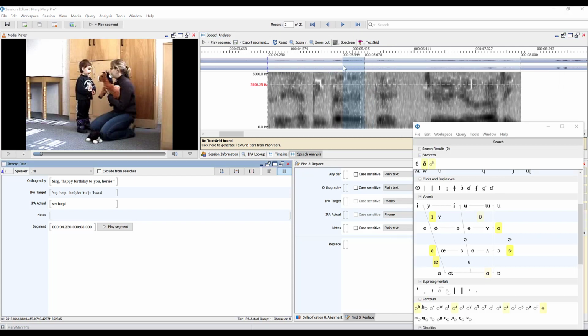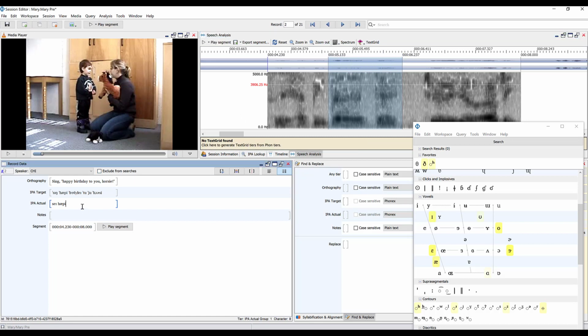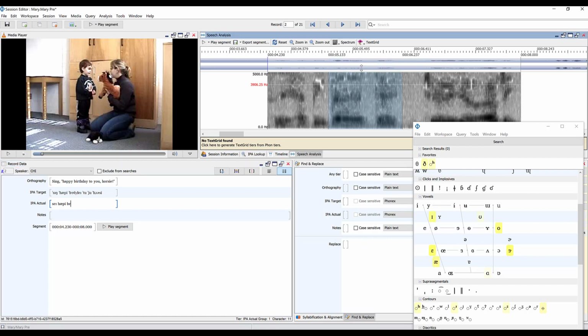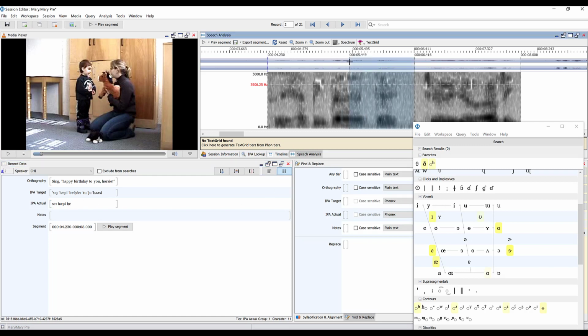Next word. Listening to birthday, birthday, and transcribing. Now let's go back to that vowel one more time. I don't believe I'm noticing that rhotic feature in the vowel, so we're going to just use this symbol. And listening once more. Birthday,